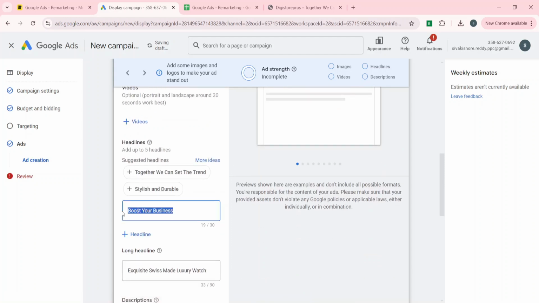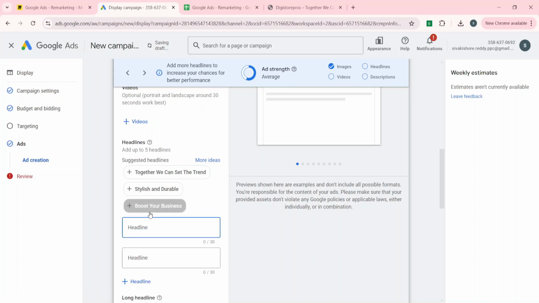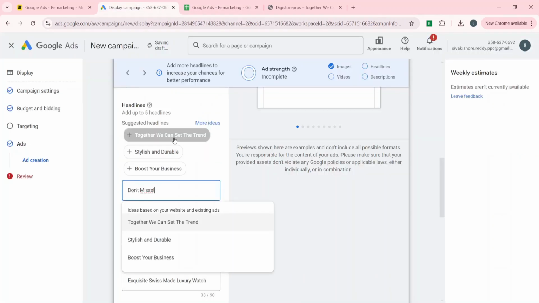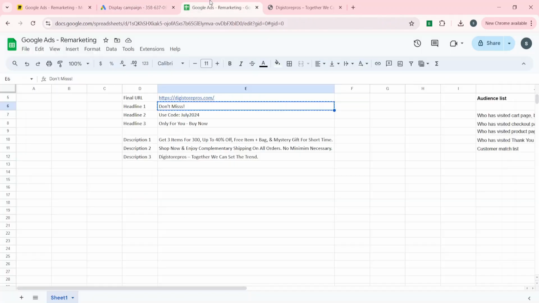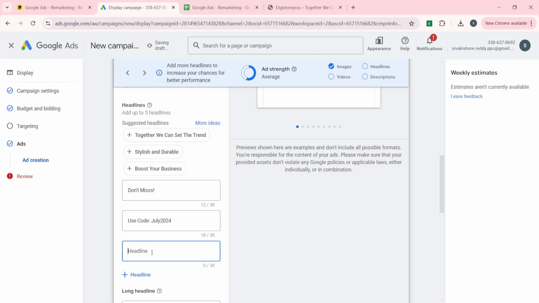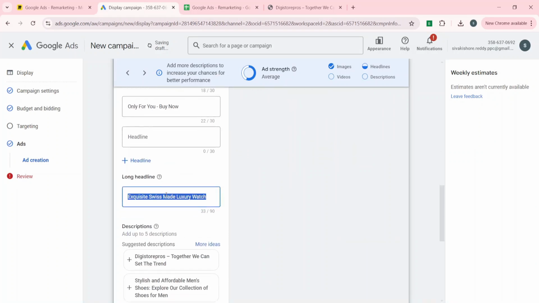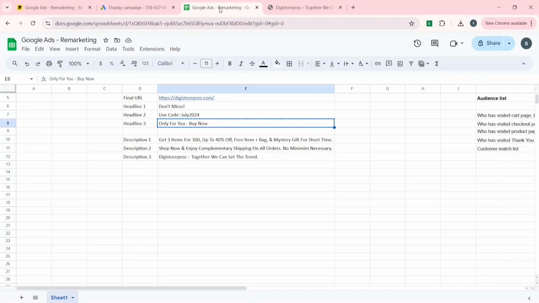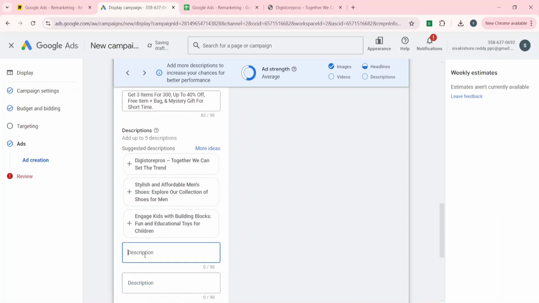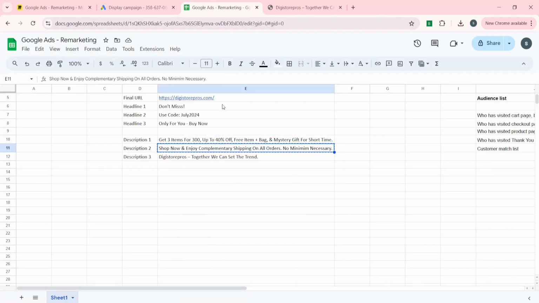So the headline, here you need to give the headlines, right? You can give up to 5 headlines. Let's give them. Don't miss one headline and another headline. Use code, right? So only for you to buy, right? And long description. Let's give long description. This is a standard remarketing, right? Make sure you provide the proper general messaging so that it will suit all the users who have visited different kind of products, right? Shop,